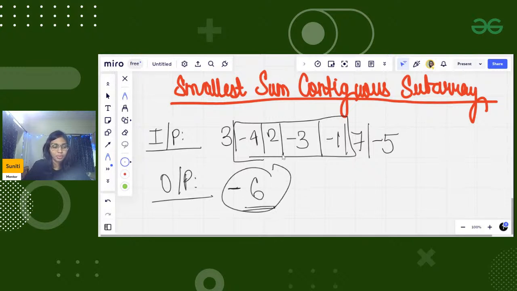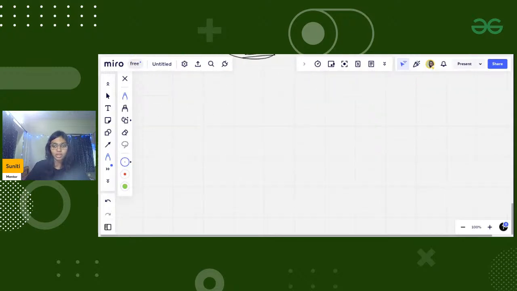So the input and output statement, I hope it is pretty much clear to you. There is nothing that requires a much more detailed explanation. So let us see how we can do it. Yesterday when we did the question of maximum sum contiguous subarray,